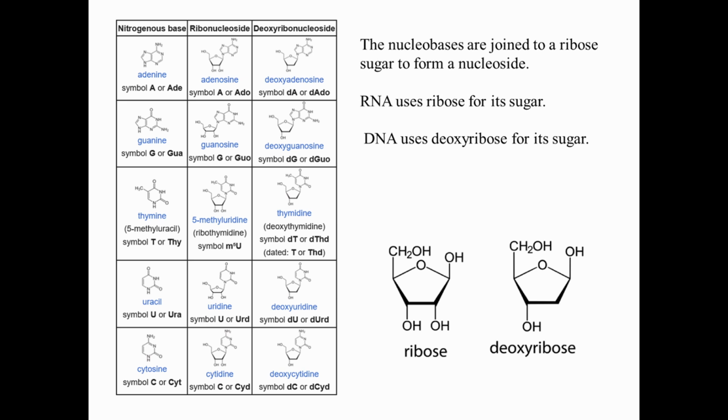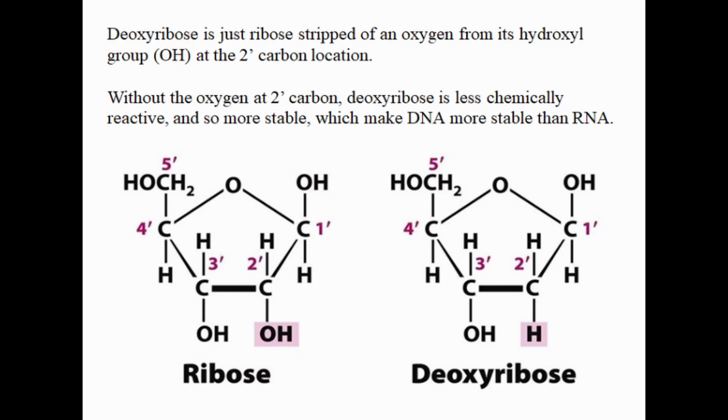RNA uses ribose for its sugar. DNA uses deoxyribose for its sugar. Deoxyribose is just ribose stripped of an oxygen from its hydroxyl group OH at the 2' carbon location. Without the oxygen at 2' carbon, deoxyribose is less chemically reactive, and so more stable, which makes DNA more stable